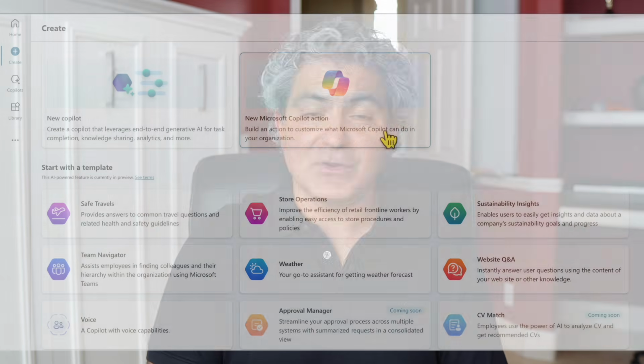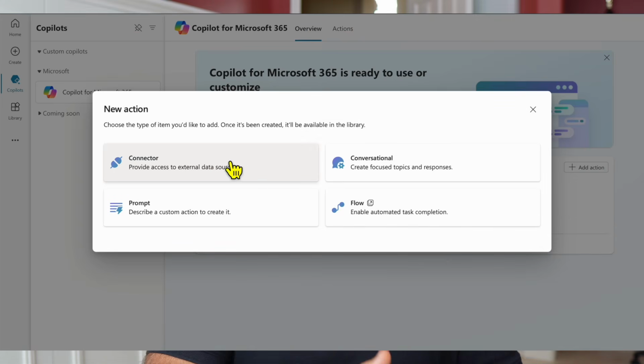Now, when I first started putting this video together, I wasn't quite sure how much programming experience I needed. And it turns out you don't need any. Microsoft's done a great job of creating these connectors, and I'll show you all the steps to be able to